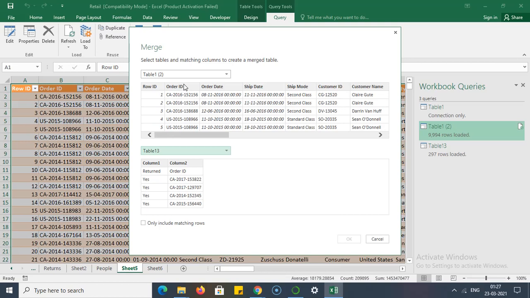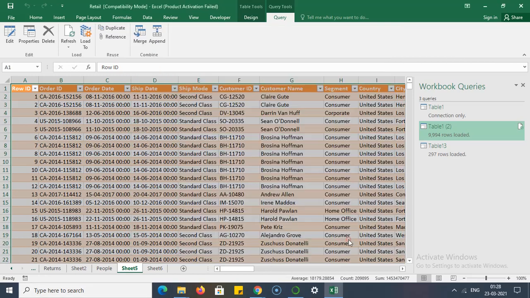On the basis of the order ID column, I want to join these two sheets. I am taking only matching rows. Wherever this order ID matches with this data, that much data comes into another sheet. Now I just click on the OK button.